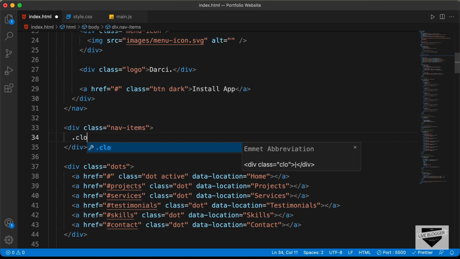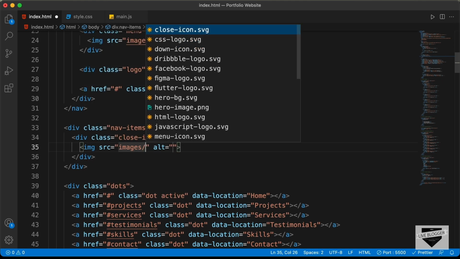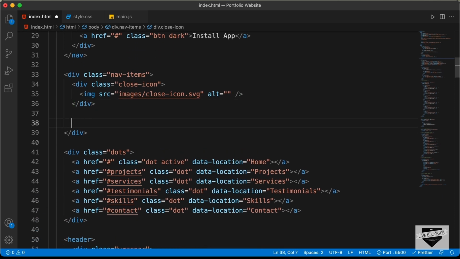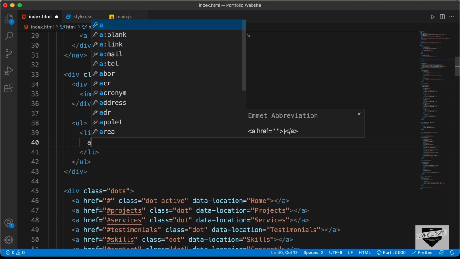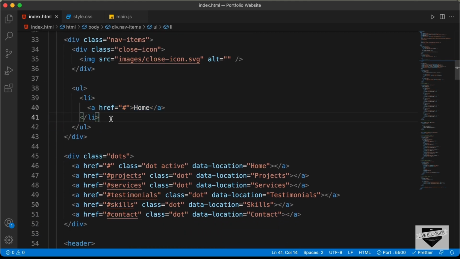I'll just create a division with the class of close-icon, and in that we will have the image of the close icon. So let's type img, and in the src I'll just type images/ and I have an image called close-icon.svg. Right, now let's add the menu items. For that we'll just use an unordered list, and in that we have list items, and in that we will have anchor tags, and for the first one we'll just type Home, and let's copy this list item, and we'll paste it 5 more times,